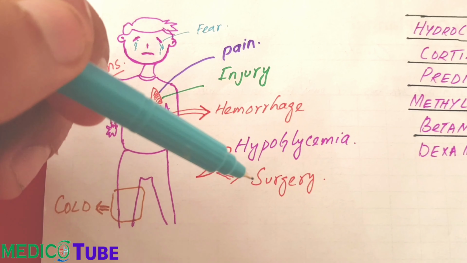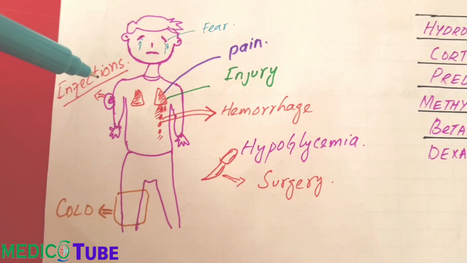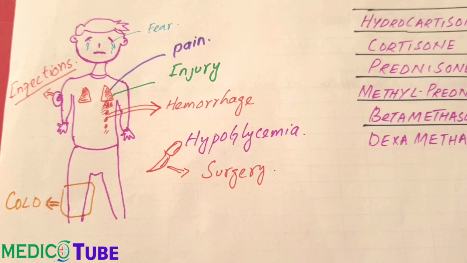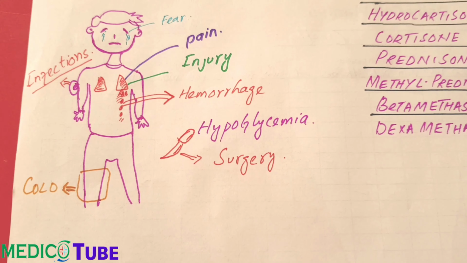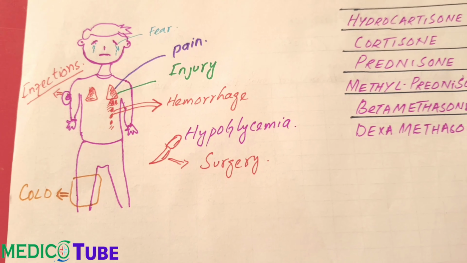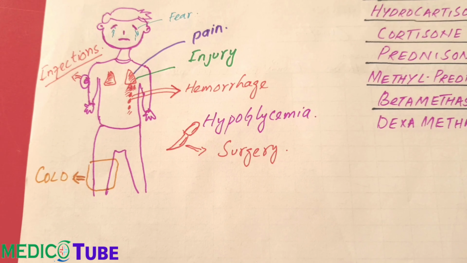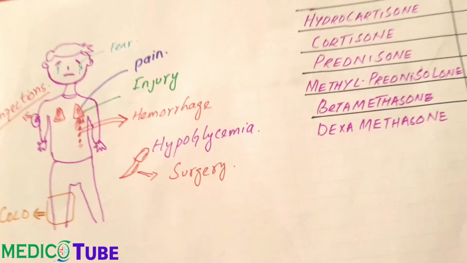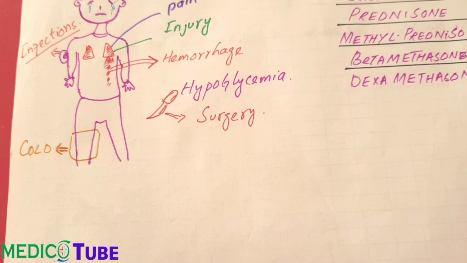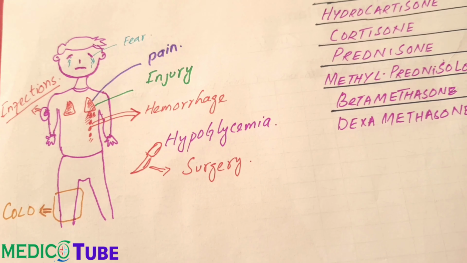They are released in response to surgery, in response to cold, and in response to infections like nowadays the COVID-19 infection. These stressful situations can cause the release of steroid hormones. Now we don't know the exact mechanism for each one, how they are released, but the end result is the release of steroids to protect the body against particular situations.